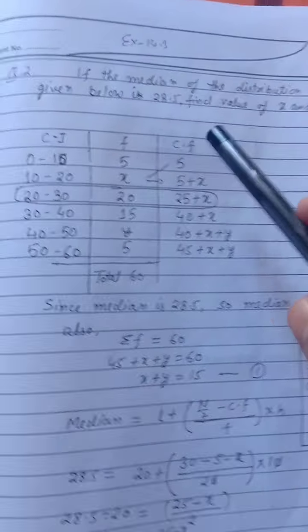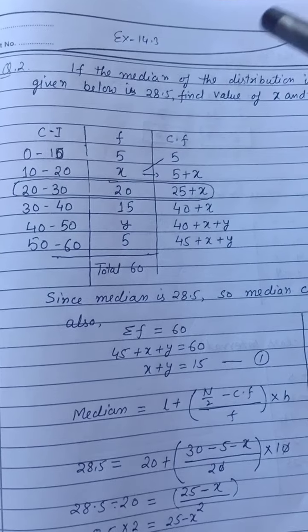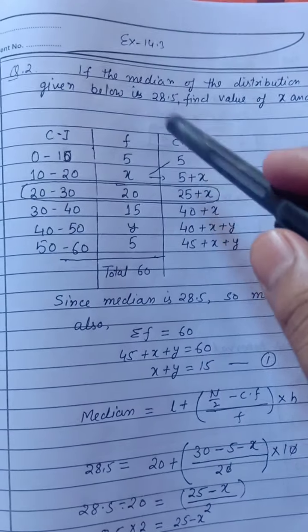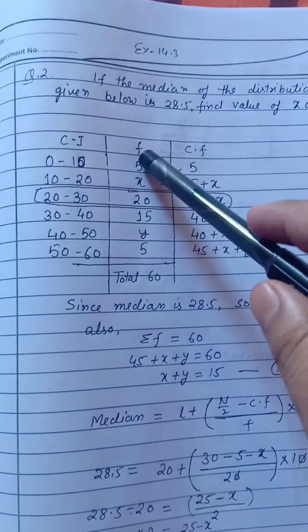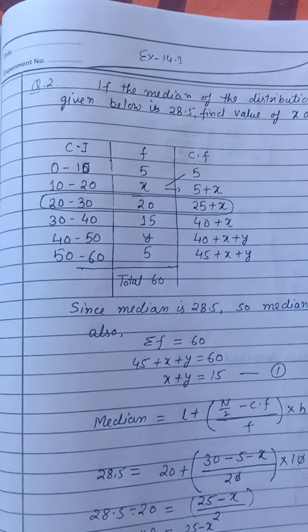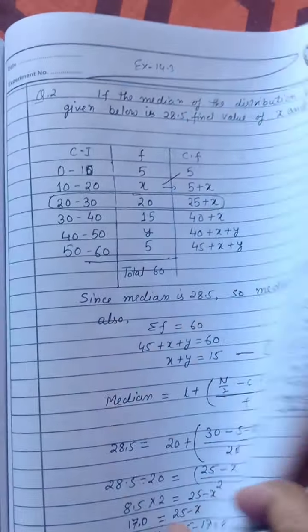So this is the method of solving such kind of problem where in the question the median is given and we have to find the missing values of any frequencies. Now moving to the next concept,